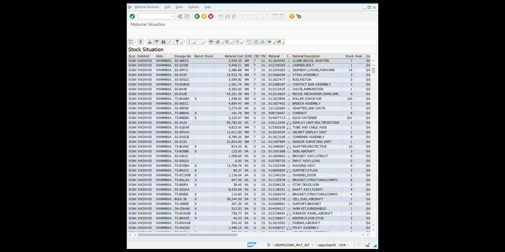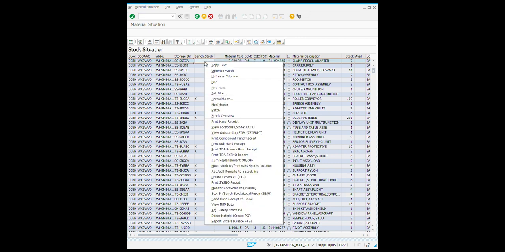So if you have a couple thousand lines, which I'm willing to bet all of you do, you have to individually go through each line and indicate if it's bench stock or not. It's not fun. So how you would do this is you have your line, and then you go to ZBSU